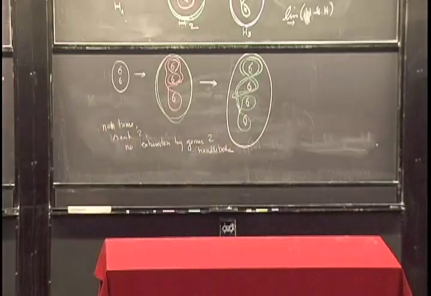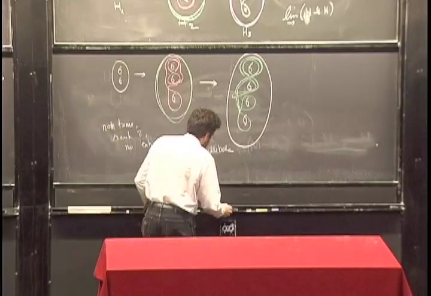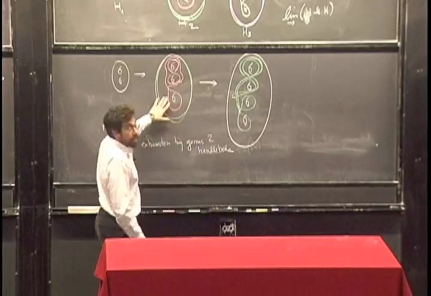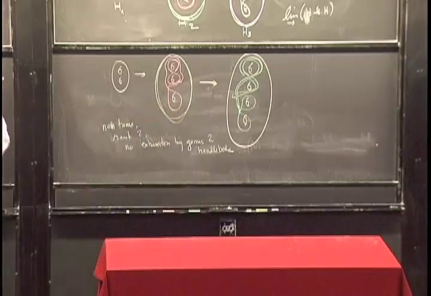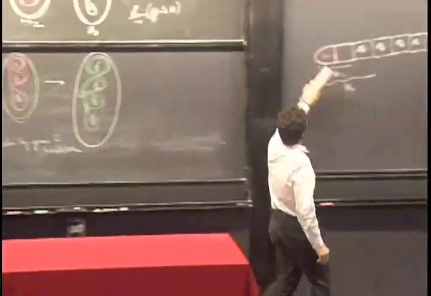So that's the situation. If you're trying to build non-tame things, you start to build things like this. And I'm not going to give any more examples, but that's kind of the enemy if you're trying to prove tameness. Okay, so actually, we're not done with topology yet. There's one last topology statement we need before we go to geometry,